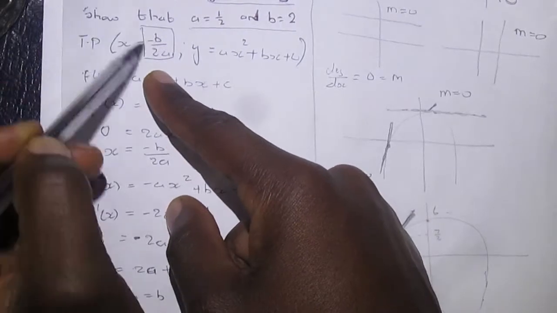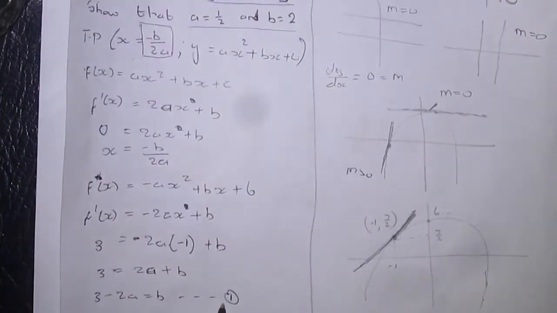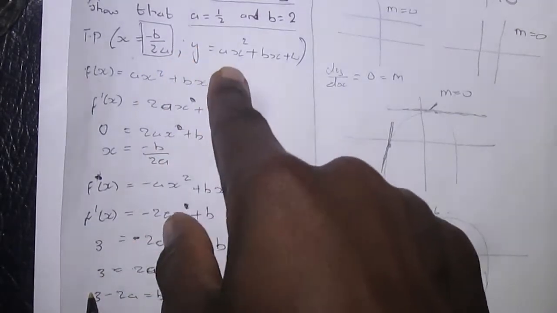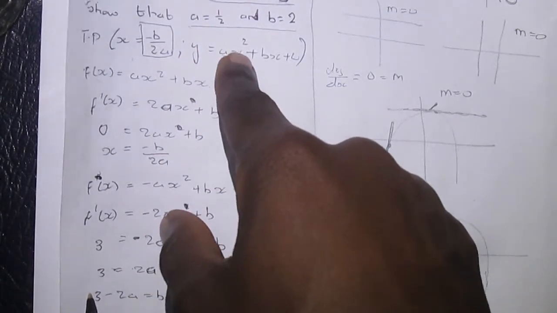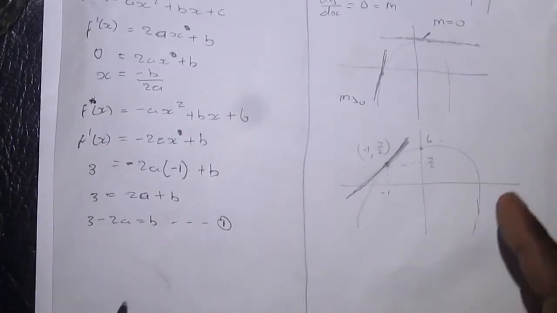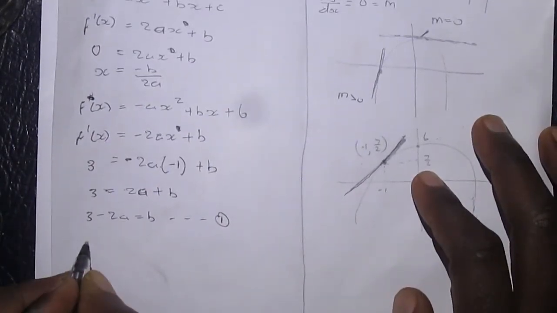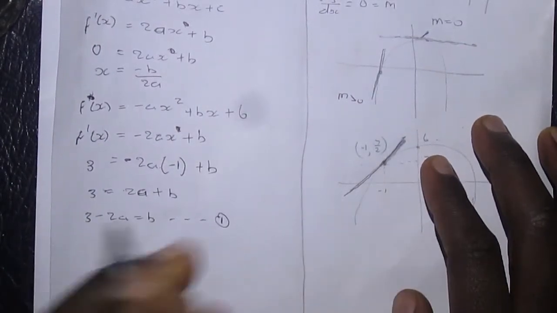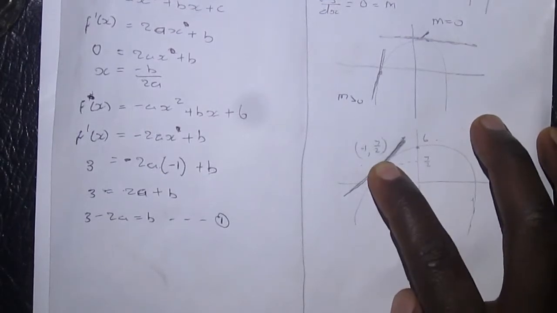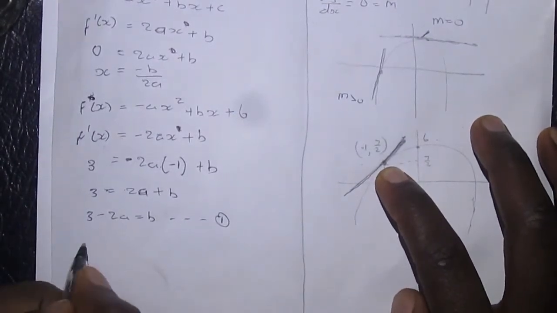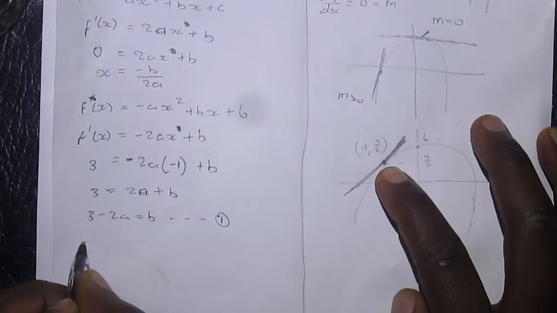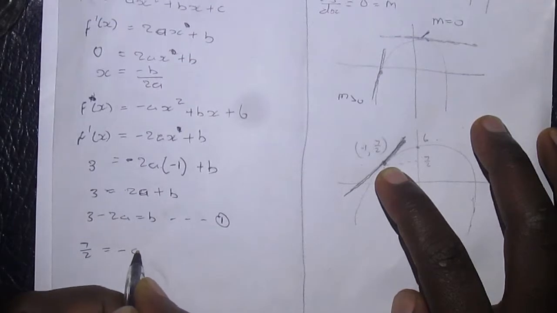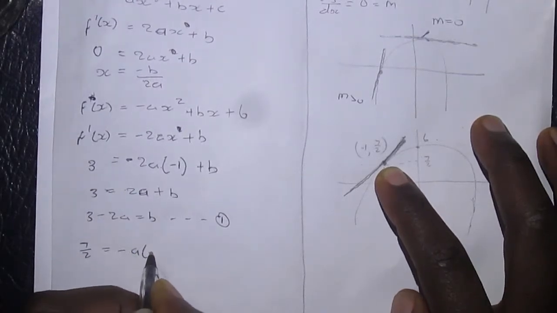You find the x value, which is this one, which we have used the x value for this one, and then you need to substitute it into the real function, the normal function without the derivative. Now you see that f(x), y, what is y at that point? Still speaking about at this point. What is that? It's gonna be 7 over 2 is equals to minus a. What is x at this point? Minus 1